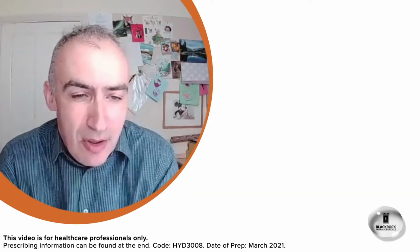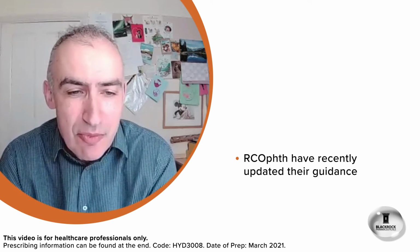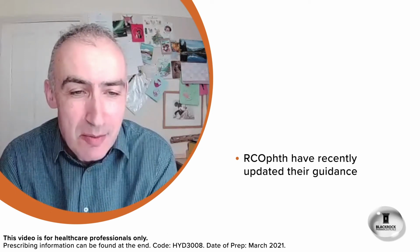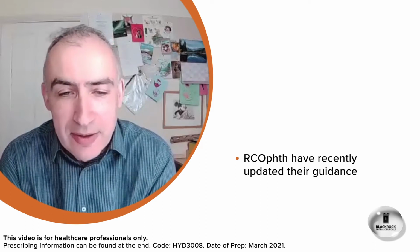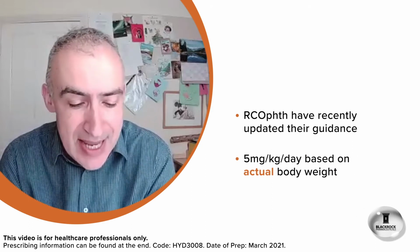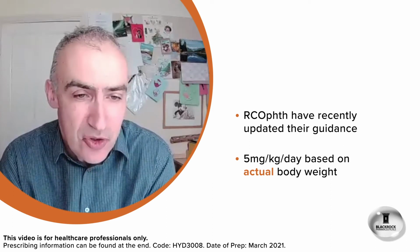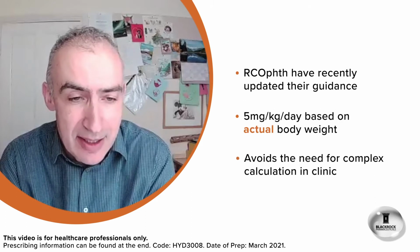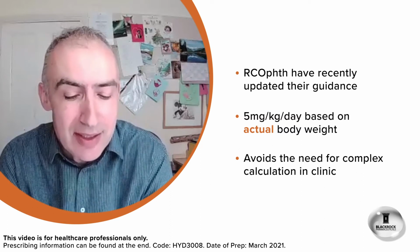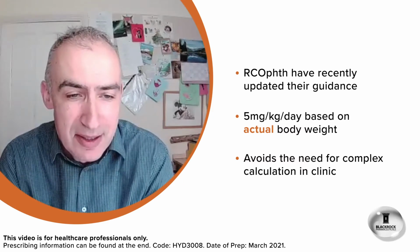The Royal College of Ophthalmologists have recently updated their guidance, and they've taken very much a pragmatic approach about body weight, which for myself, being a pragmatic person, is most welcome, and have focused on actual body weight, 5 milligrams per kilogram per day, because above that level predicts the risk of future retinopathy. Obviously using actual body weight avoids the need for some complex calculation in the clinic. It is important to try and aim for 5 milligrams per kilogram